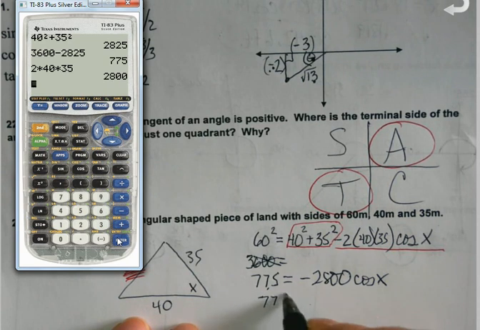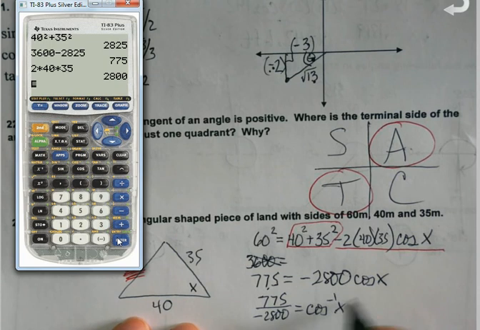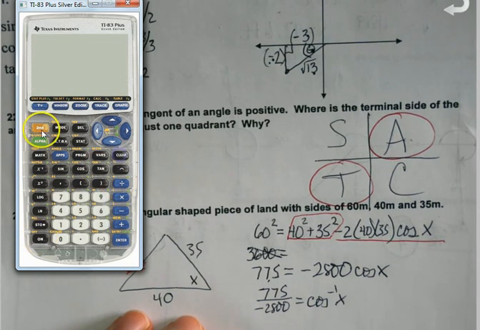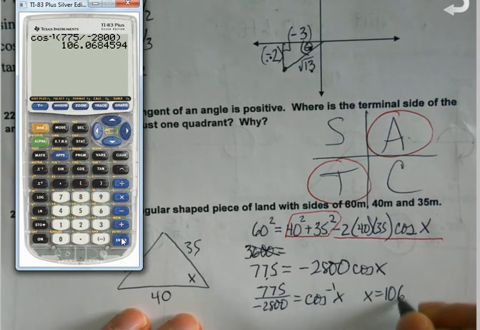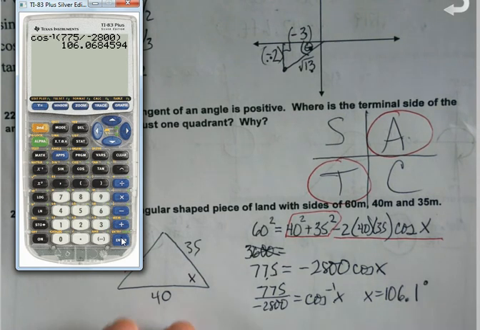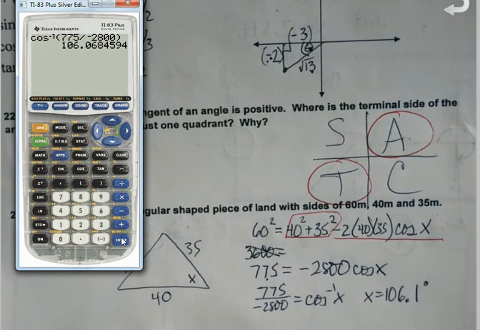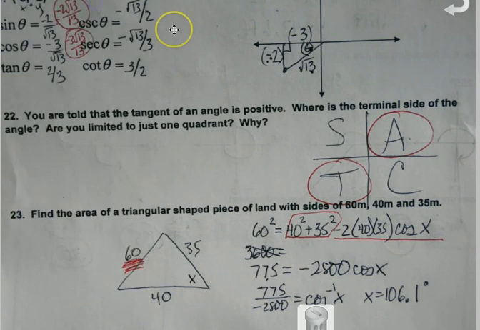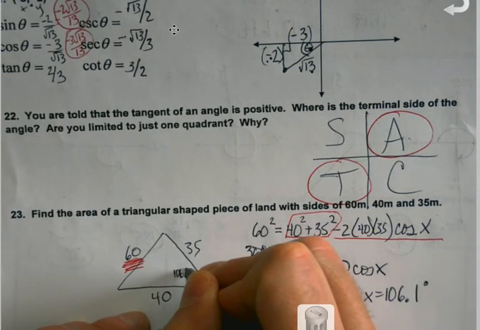So we got 775 divided by negative 2800, and again, it's an angle, so make sure you're using second when you're doing cosine. And just little things, like remembering the negatives there. Now, unfortunately, I'm not done. That got me an angle that I needed to be able to find the area, but that's only the first part. So if this is 106.1,